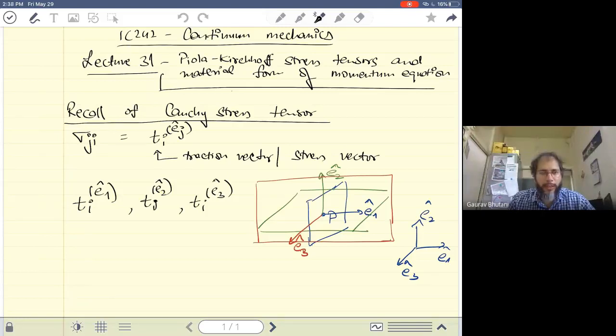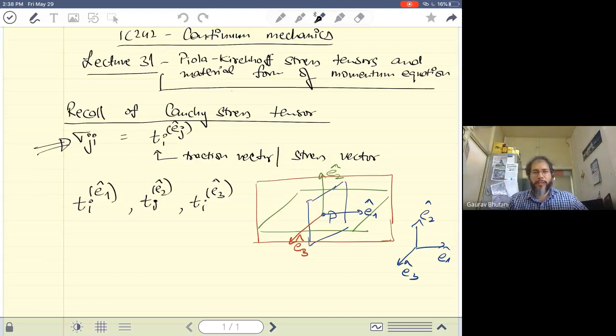So these three traction vectors, which make up a total of 9 components, 3 for each traction vector, constitute our Cauchy stress tensor. Okay, so that's what you can see from the definition of the Cauchy stress tensor here. So sigma ji is simply Ti Ej. So if you put j equal to 1, you get sigma 1i. That's the first column of sigma that denotes a traction vector. The three components of the traction vector in the E1 direction for the plane E1 and so forth.